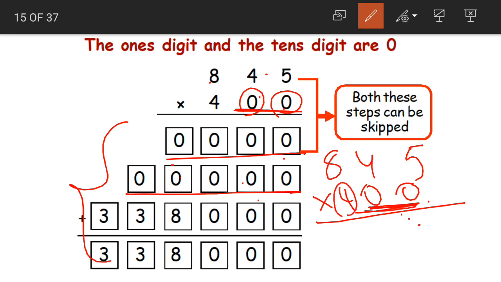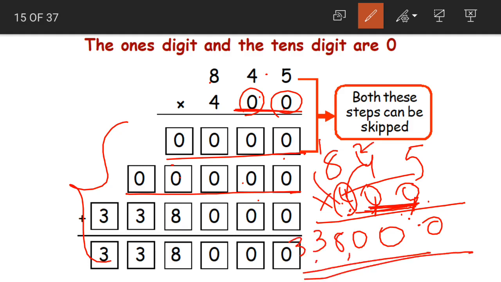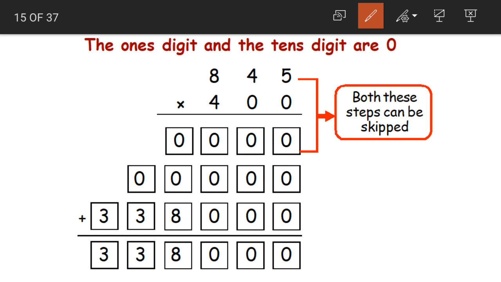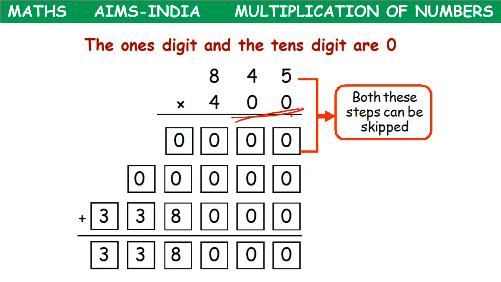Yes children, let us start multiplying directly with 4. Yes, but before multiplying, after 4 we are having 2 digits, so placing 2 zeros. 4 5s are 20, 2 carried, 4 4s are 16 plus 2 is 18, 4 8s are 32 plus 1 is 33. What is our final answer? 3,38,000. Yes, and if you look at the product that we got here, after multiplying with zeros, it is the same, 3,38,000. Clear children? We need not multiply where the digit is 0. We can just simply skip that number.